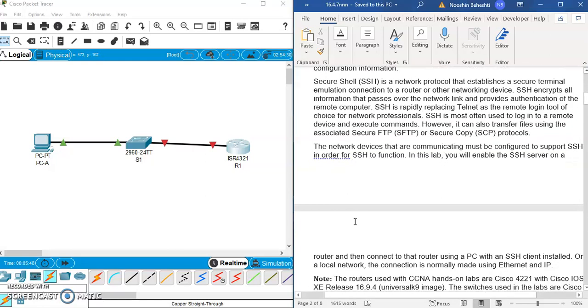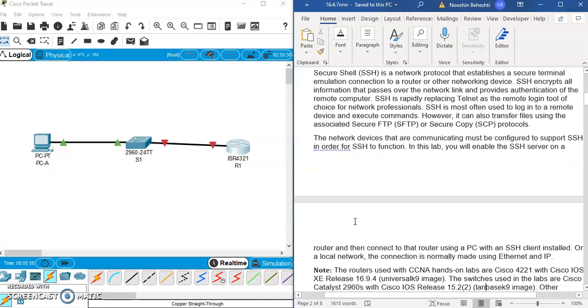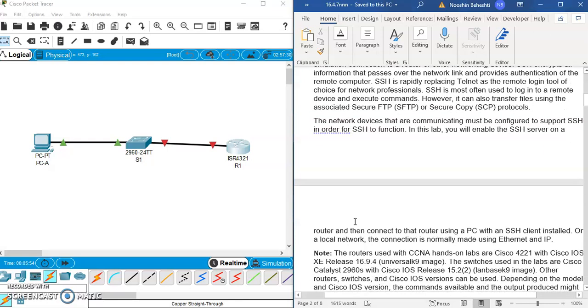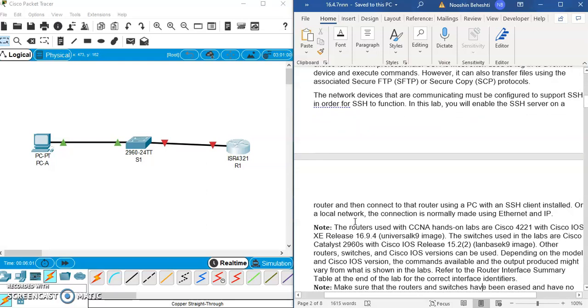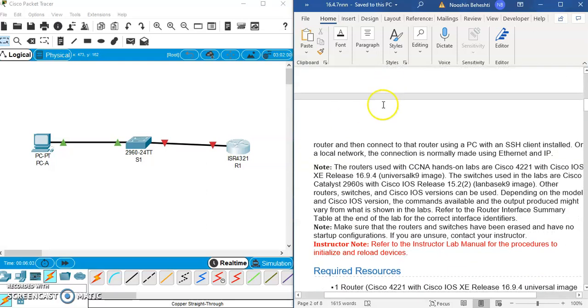The network devices that are communicating must be configured to support SSH in order for it to function. In this lab, you will enable the SSH server on a router and then connect using a PC with an SSH client installation